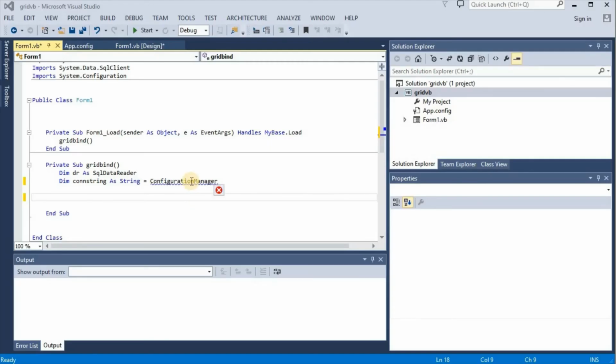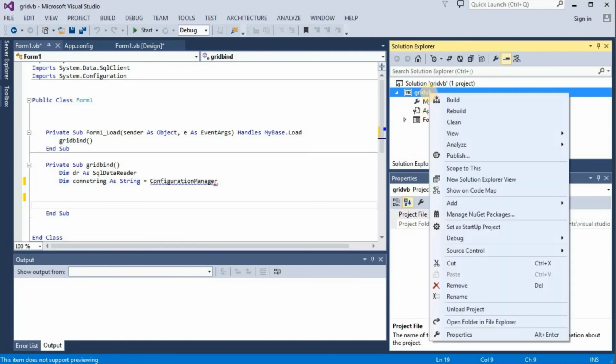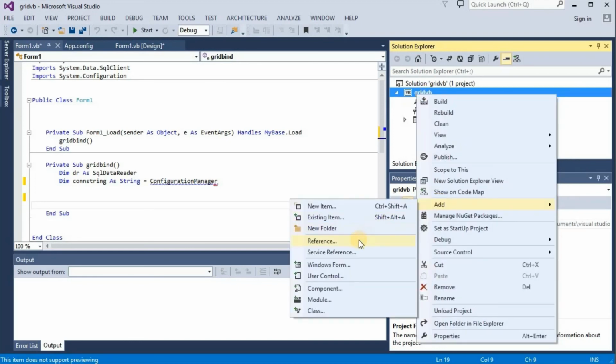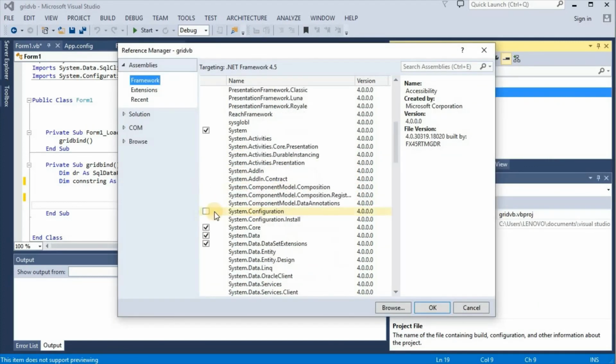Here we get error for configuration manager. In some versions of Visual Studio, we cannot see references here. In that case, right click, add reference, select system.configuration.